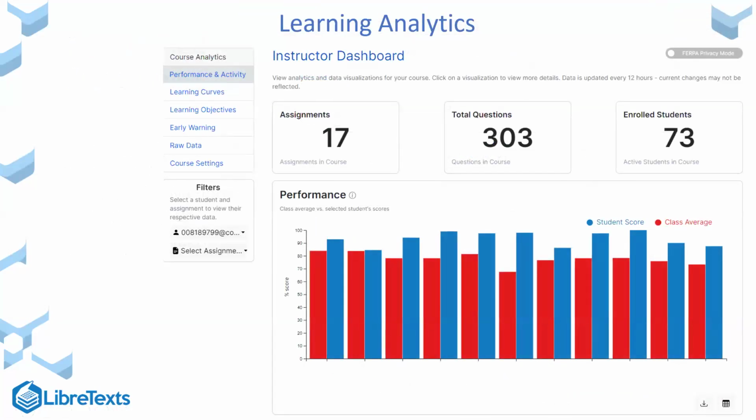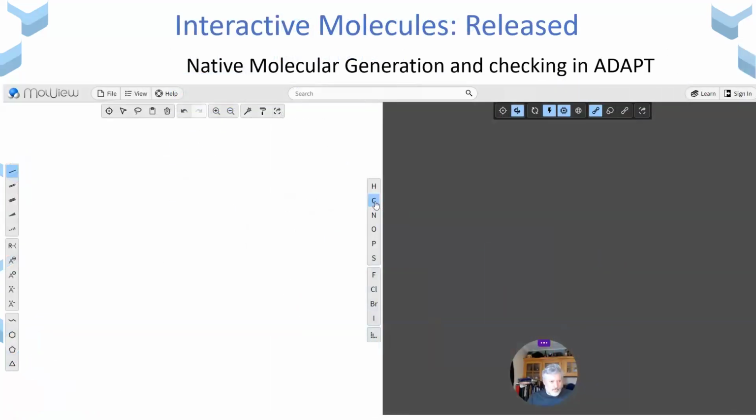So this is an example of just the descriptive part of the learning analytics dashboard, identifying a specific student's performance in blue and the average performance for those questions in red. These things can be folded out and provide direct information to instructors about how they are performing. So there's a range of different technologies that we've brought into the platform. I don't have the time to go through the range of them. I just want to talk about some of the new things that are going to be coming out that are a little bit more unique.